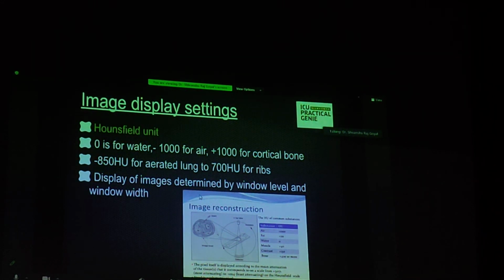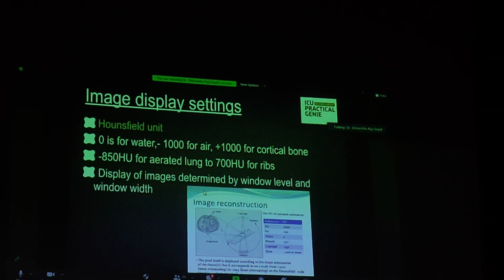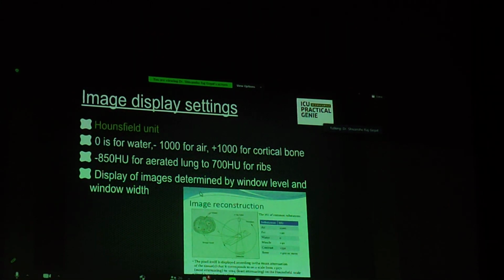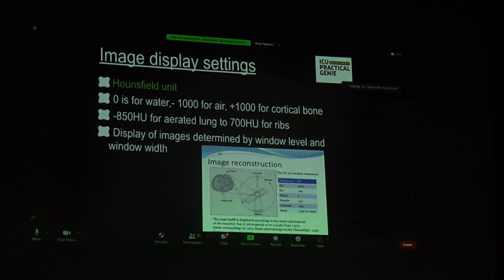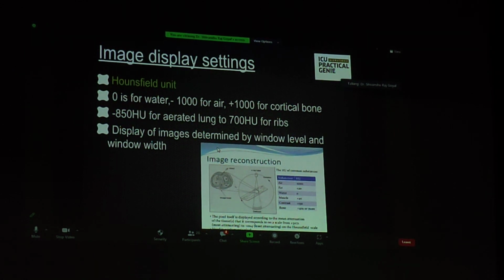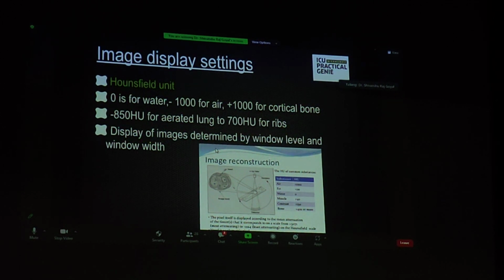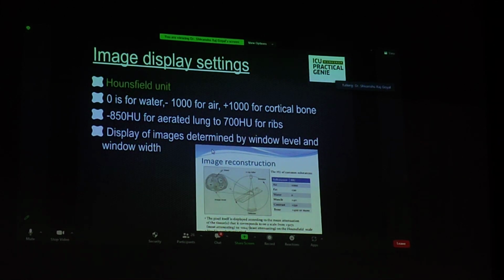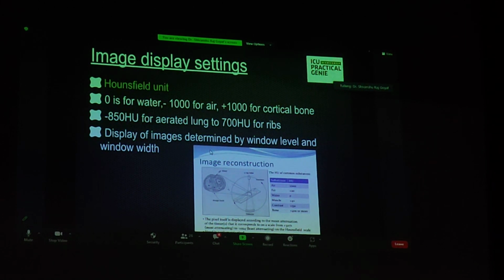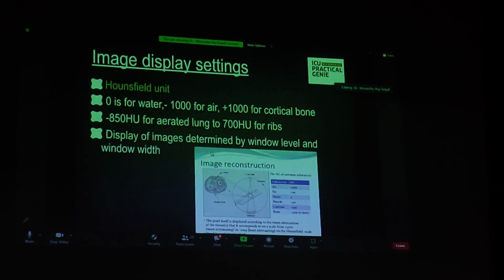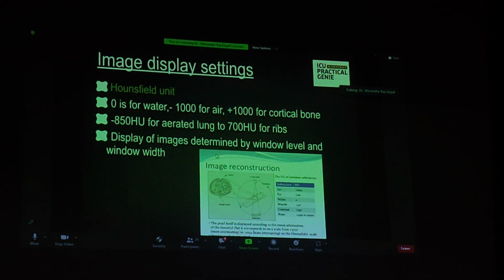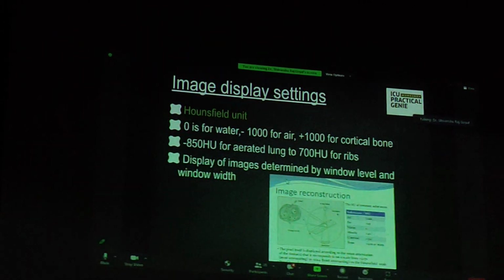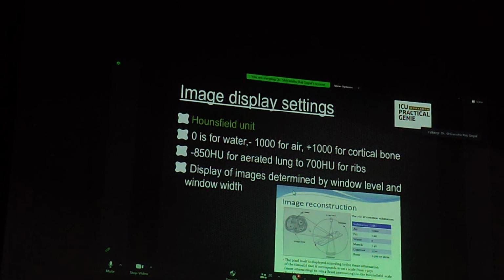Hounsfield unit. Why does it become important? Without going into too much detail, a standard 0 Hounsfield unit is reserved for water, -1000 for air and +1000 for cortical bone. So anything which falls between -1000 and 1000, that is the way you define what it is. Suppose you see a mass lesion, a pneumonia, or a nodule. If you're able to identify the Hounsfield unit given to you by the radiologist, you can think in terms of whether it's an active nodule or a dead nodule. For example, a calcified nodule will carry a higher Hounsfield unit.